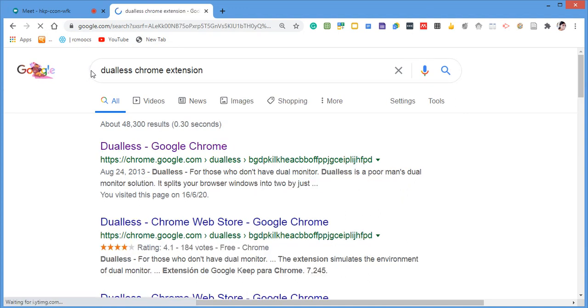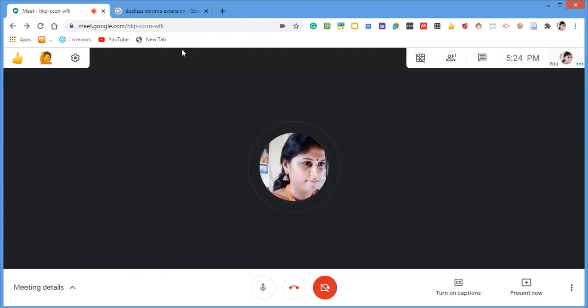Why? Because when we are presenting a video or a presentation in Google Meet, you cannot see other pages in Chrome. Once you turn on the present now button, you cannot see the options of some other pages, because the presenting now option will be visible to the participants or the people in the group.